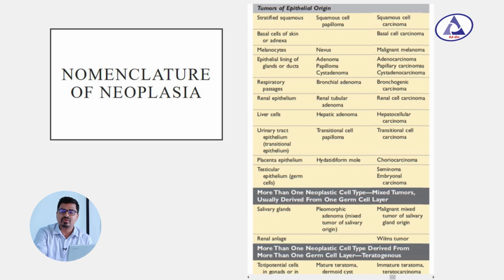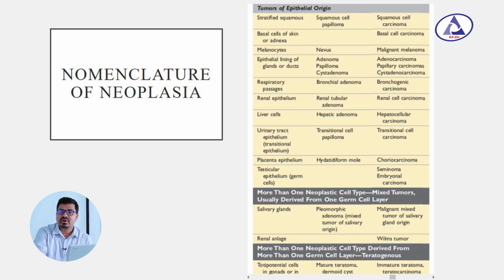Tumors of epithelial origin. Stratified squamous origin, such as squamous cell papilloma and squamous cell carcinoma, which is malignant. Basal cells of skin or adnexa: basal cell carcinoma, a malignant tumor. Melanocyte: nevus is benign and malignant melanoma is a malignant tumor. Epithelial lining of the glands or ducts: benign adenoma, papilloma, cystadenoma, and on the other hand malignant is